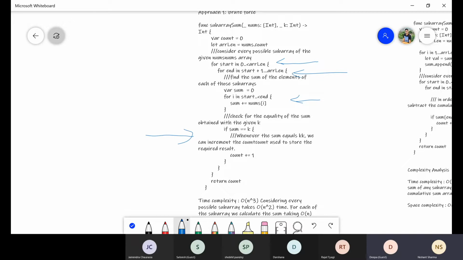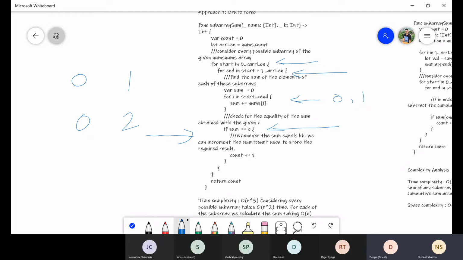Then the next time I will go again for the end loop where end will change to 2. So initially it's 0 comma 1, then it's 0 comma 2. Now it will check two elements, get the sum of these two elements, and compare whether it's equal to k or not.